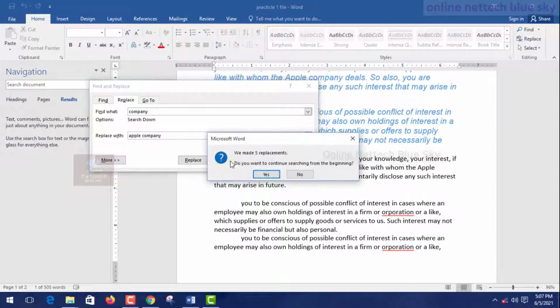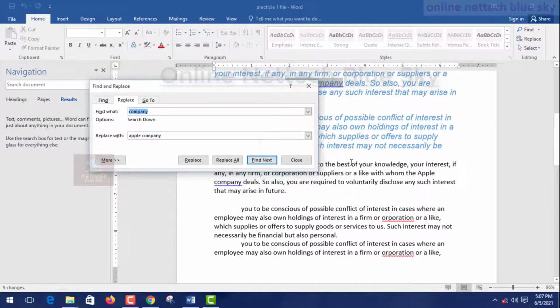So replace all, and you can see here that Microsoft Word found the company name five times, meaning five replacements in this paragraph. I want to replace every instance, so I click yes. You can see it changing every instance to Apple company. Okay, this is Apple company showing here.